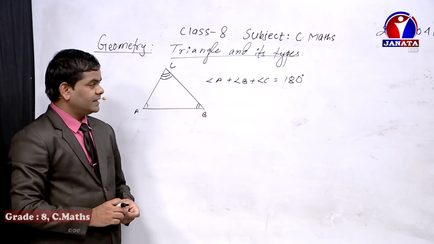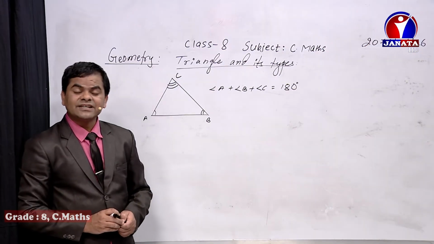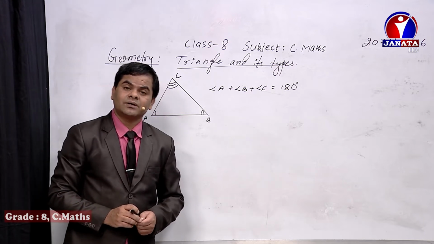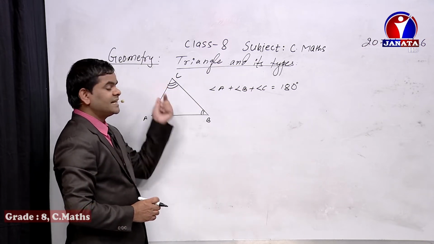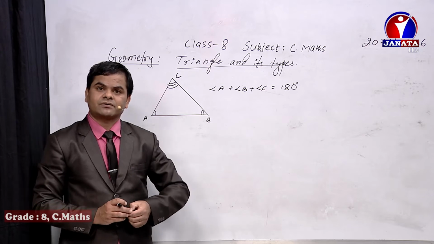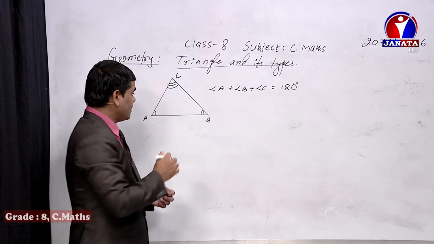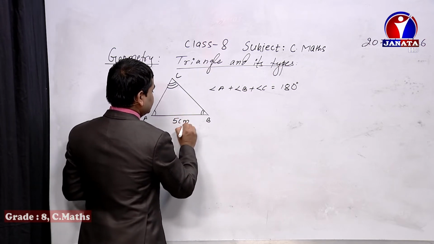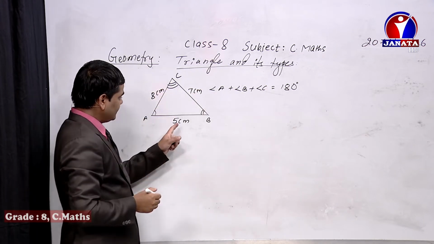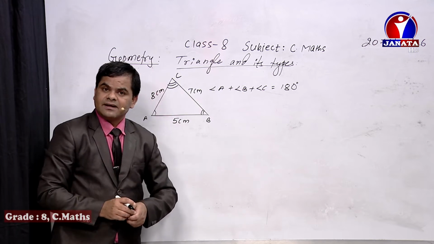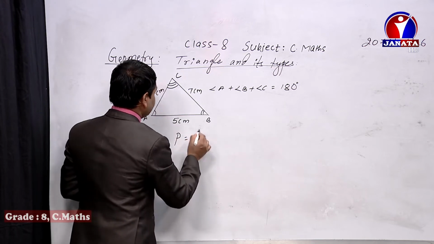Any type of measurement you can take to prepare the triangles, but one thing should be kept in mind, dear students. When we do the experimental verification, the sum of the length of the three sides of the triangle, which means the perimeter, should not be less than 12 centimeters. For example, this side is 7 centimeters and this one is 8 centimeters. If we add all the sides together, the sum of the three sides is known as the perimeter.